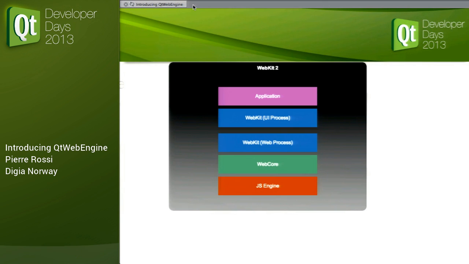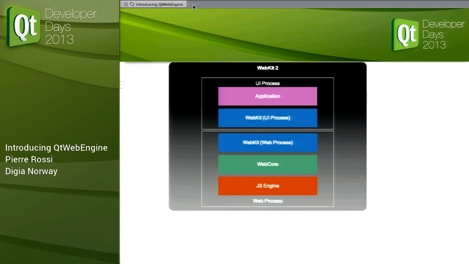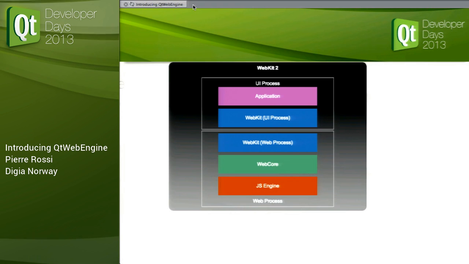What was done with WebKit 2 looks a bit like that. It's transparent for the application developer that there is a split process. All the IPC, everything is done behind the scenes. And so you can see that the API boundary stays between the application and WebKit, and it's still in the same process. So it's fairly easy to comprehend, easy to use, but you have to remember that behind the scenes, there's actually a lot of things happening at this process boundary. This means a lot of code to maintain, it means some complexity,